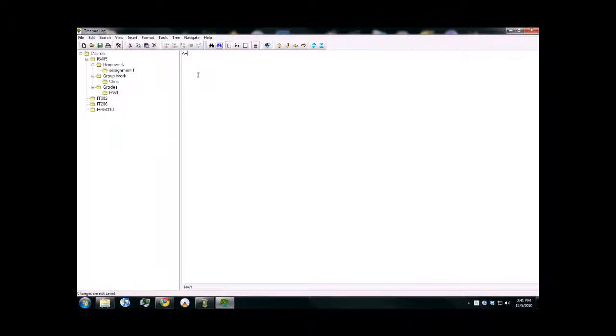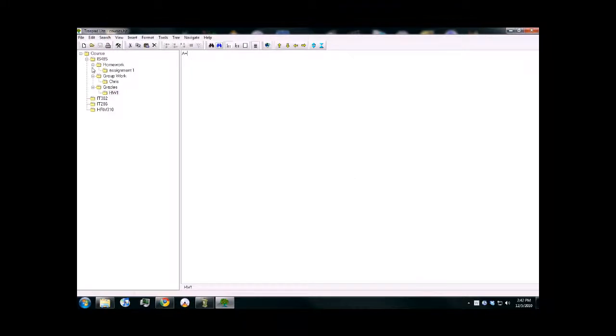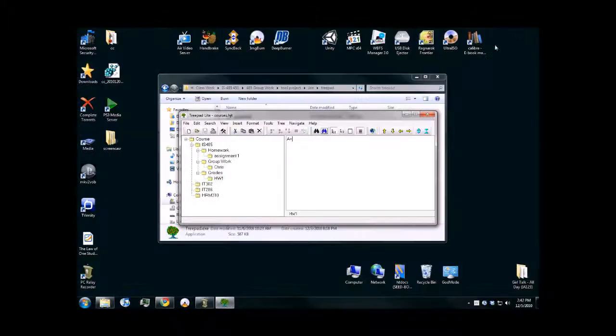Now, after you have created your structure, you want to make sure you save it. So you just come up here to File, select Save As, and then it's going to want to save the file in a proprietary HJT format. So we'll just go ahead and call this Courses, and we'll hit Save. And that's it. We've saved it. So now, if we decide to exit Treepad Lite,